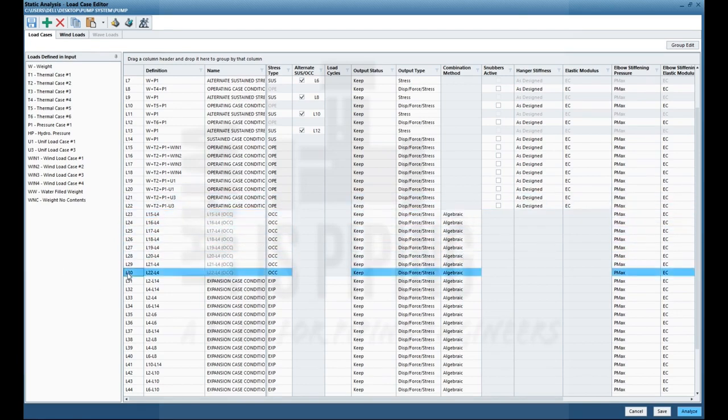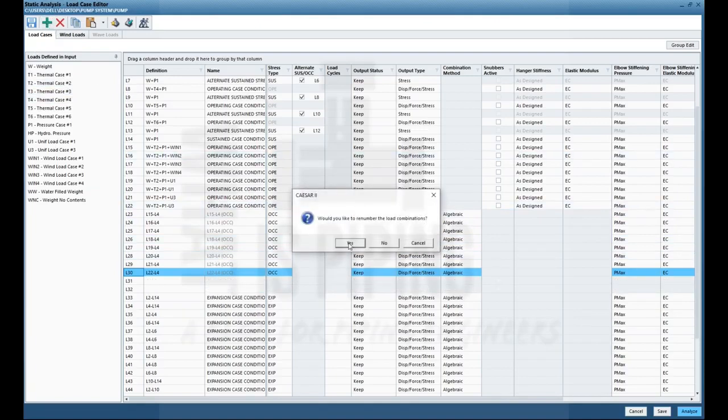Now code says that we have to check code stress along with sustained, pure occasional plus sustained. So we will be adding this sustained load case along with these pure occasional load cases. So 8 more spaces we have to create for defining those.